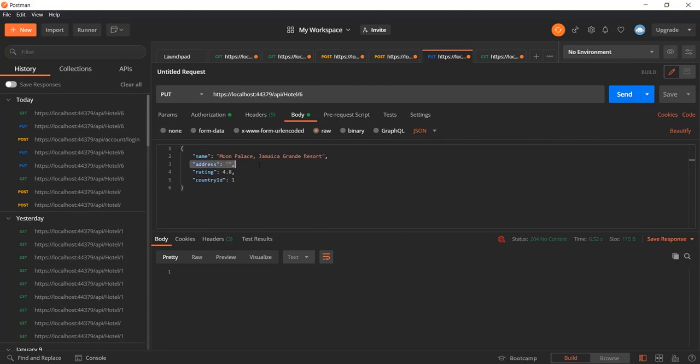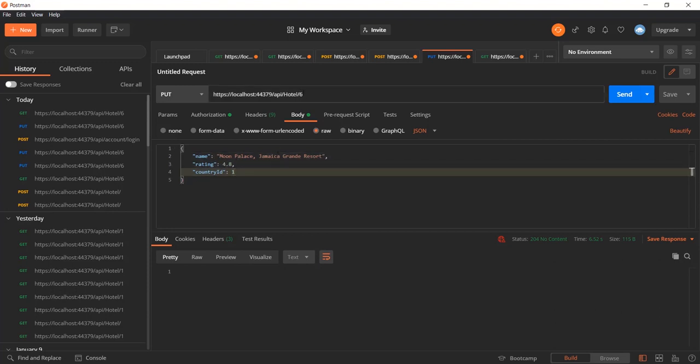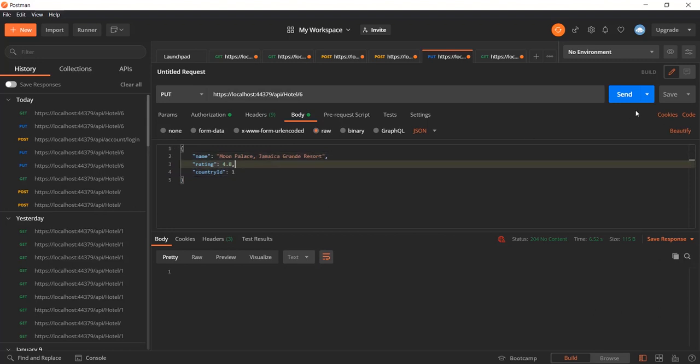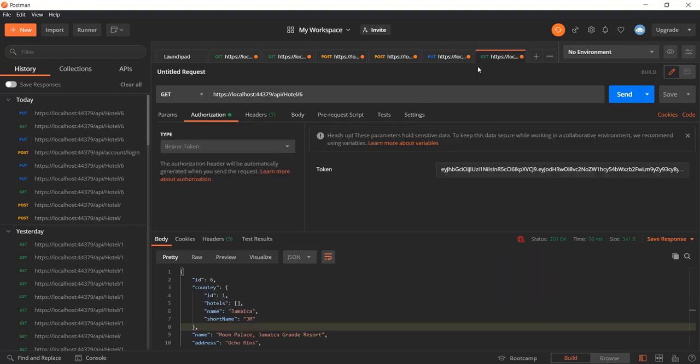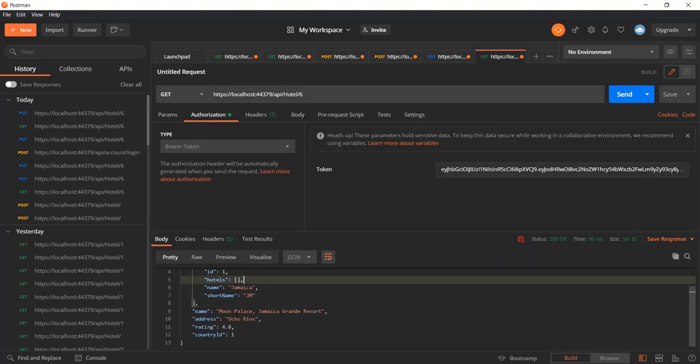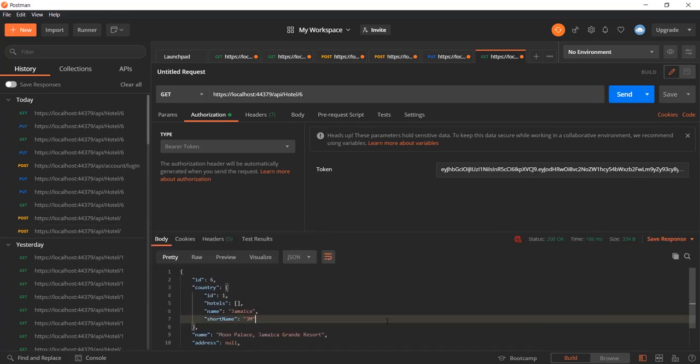So if I don't provide an address, let's say I take address out of this payload, it's no longer required. I don't provide an address, but I'm doing the put, I'm doing the update, right? Same hotel, and I'm doing the update, and I send. All right, so I'm getting a 204 no content, but look at what happens to my data. So notice we had an address value. Now